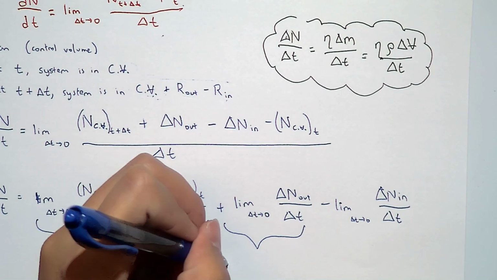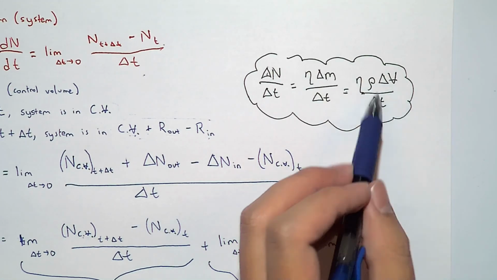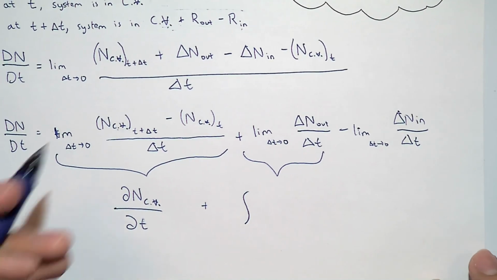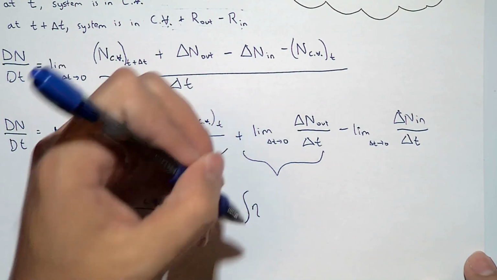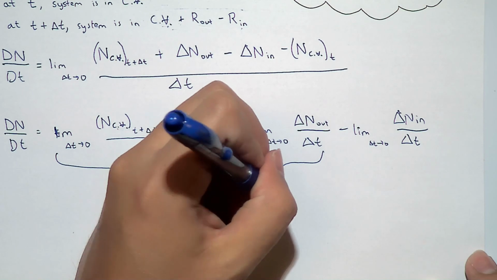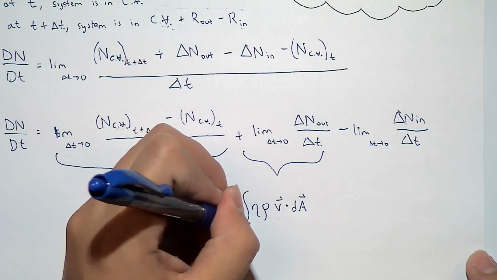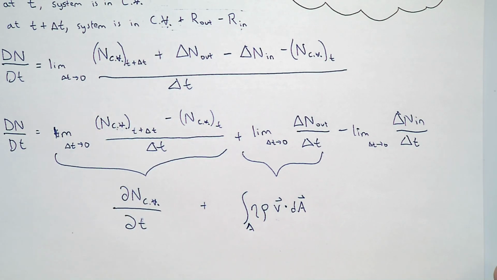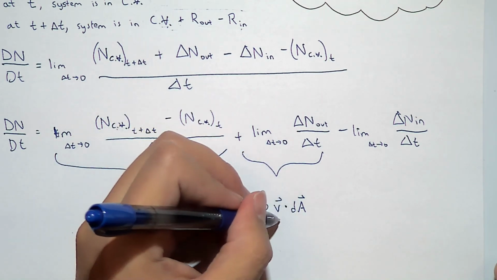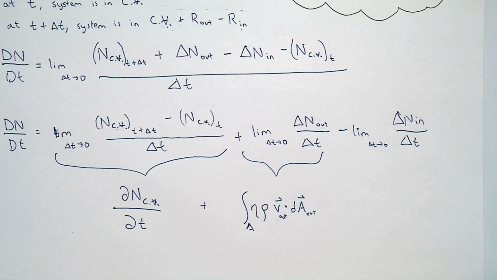Well, the integral of the intensive property times density times whatever goes inside the flow rate integral, v dot dA, and this will all be evaluated across an area. Now, of course, this is for the fluid leaving, so we need to consider the velocity leaving and the area where the fluid is leaving